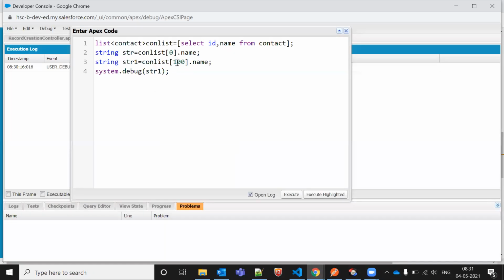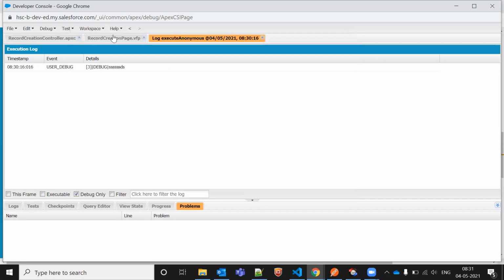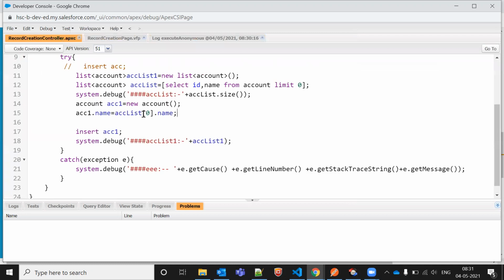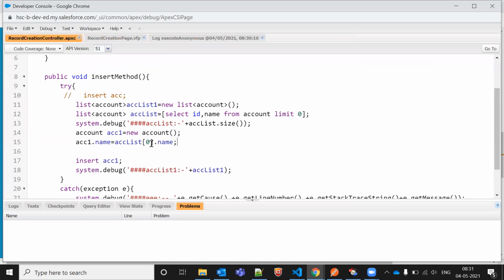We don't have 100 records in the database. If I'm fetching the 100th record and there is no such record, how will it fetch it, right? In this kind of scenario, how will you capture in which line I'm getting the error? Let's say here as well, if I'm writing 1000.